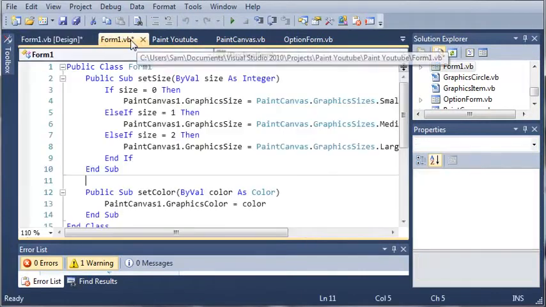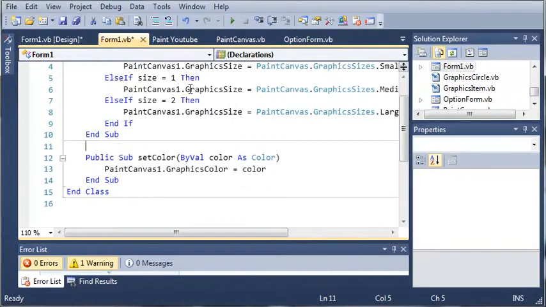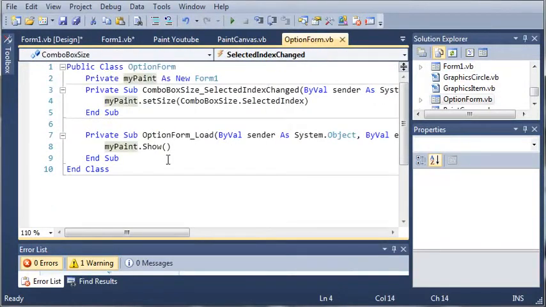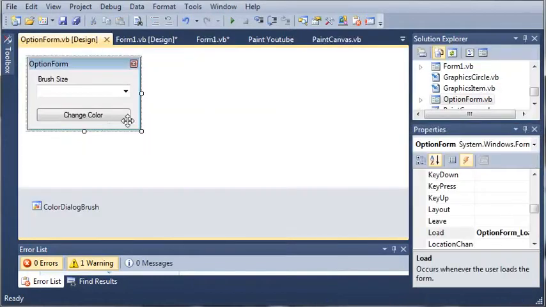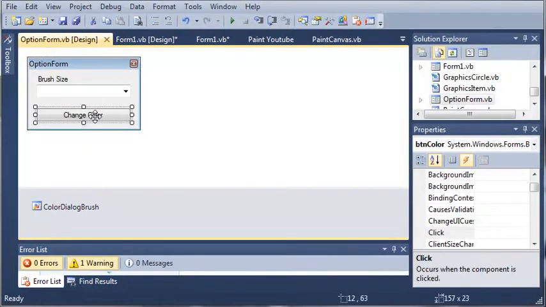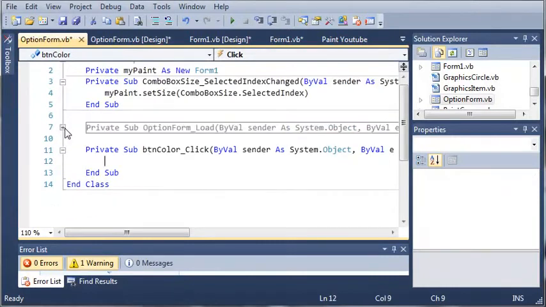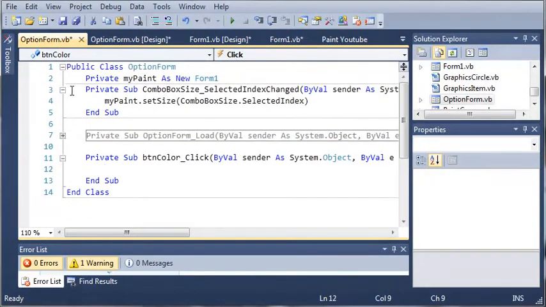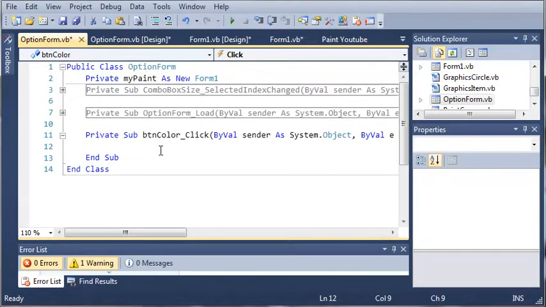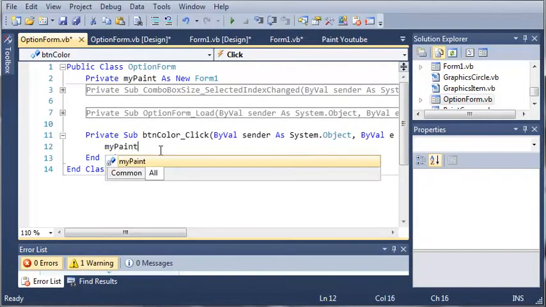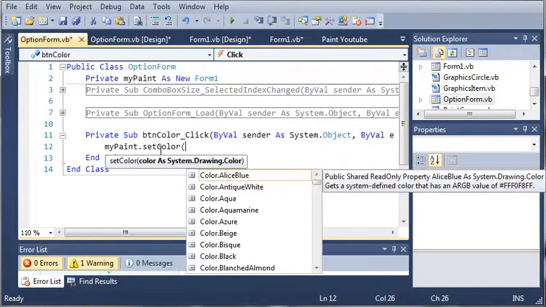So we'll go back into Form1.vb, and now we need to go into our option form and call the SetColor method. So we'll come back into the designer for OptionForm.vb, and let's double click on change color. When they click button color, what do we want to do? Well, we want to set the color. So we'll call MyPaint.SetColor, and then we'll just do